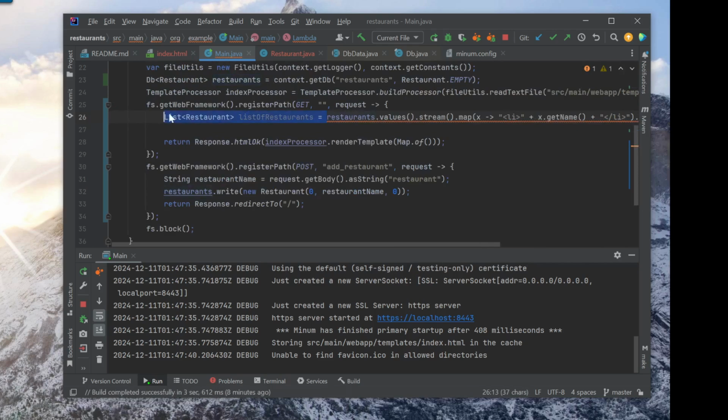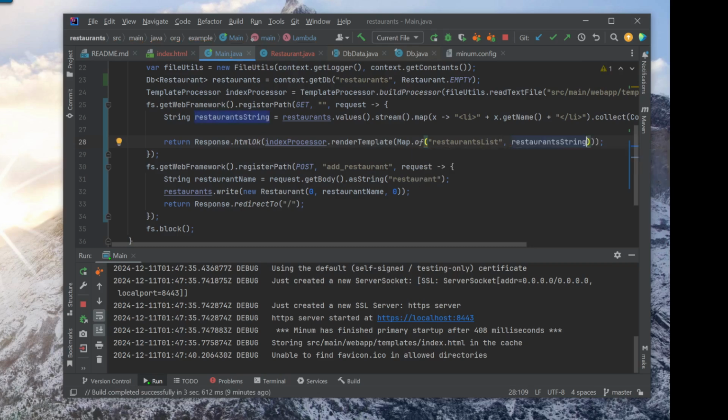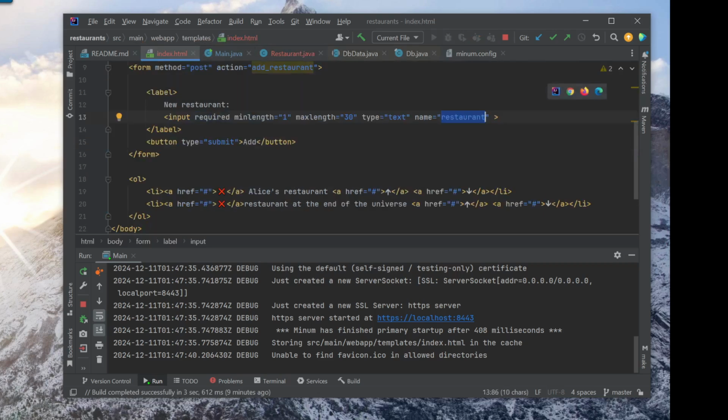Now it's a string. Restaurants string is equal to that, and here we'll say restaurants list, restaurants string, and now this guy needs to exist in the template, so we'll go over to here, and instead